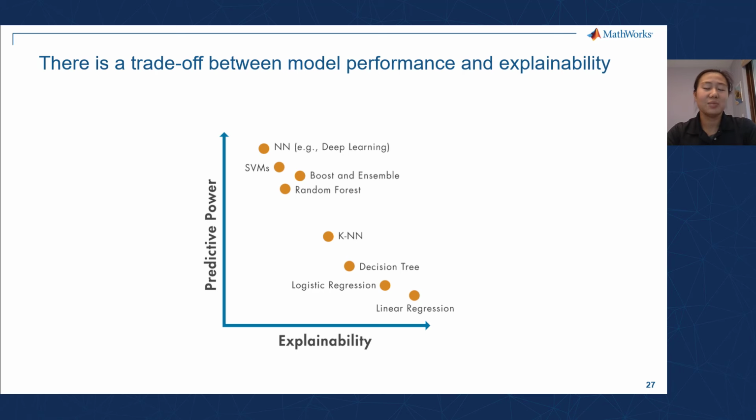So what you find with the different models is something like linear regression. It's a very, very simple model. You can look at the equation and you already have a sense of what it's doing, right? And so it may not have a whole lot of predictive power. It's a very limited model that you can use to try to predict complex systems, but you can understand it